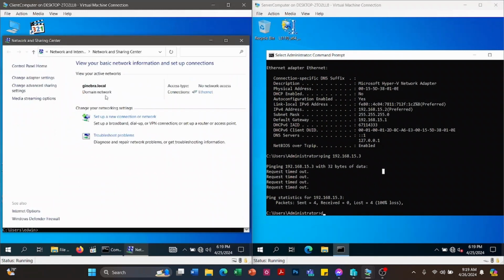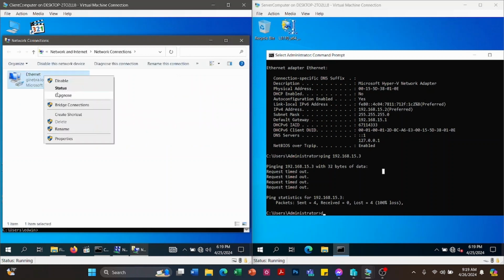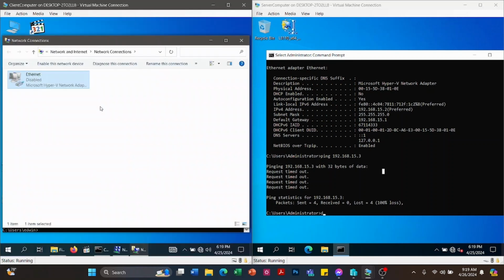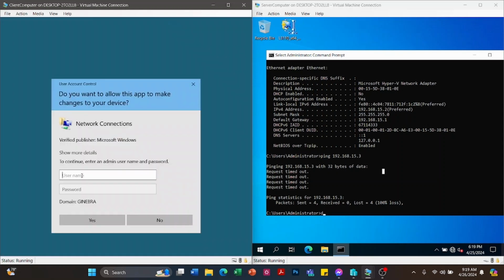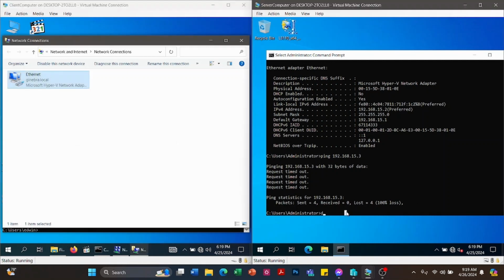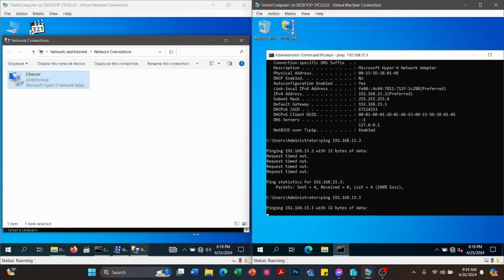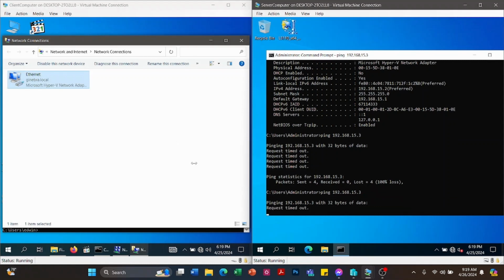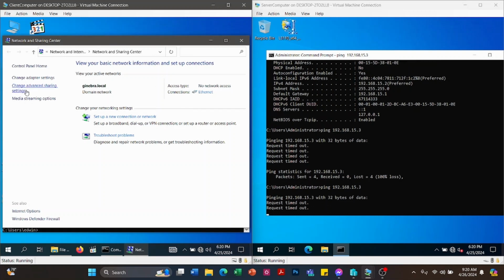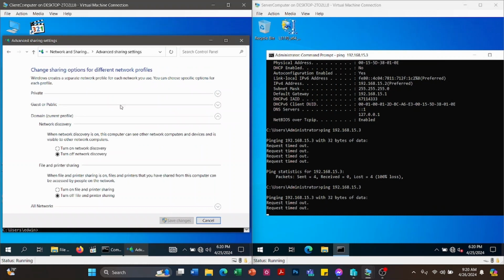Let's go to properties. Change adapter settings. Disable. Administrator. Password. Then enable. Let's check for the. Oh, okay.